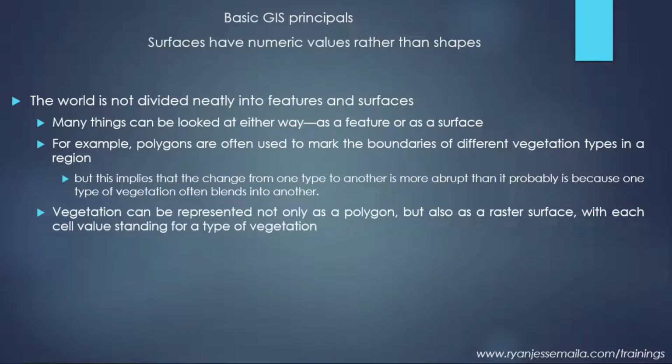Vegetation can be represented not only as a polygon but also as a raster surface, with each cell value standing for a type of vegetation. So here's a very good example that shows you that vegetation can be used both as raster data or vector data, depending on what you want to understand or what you want to